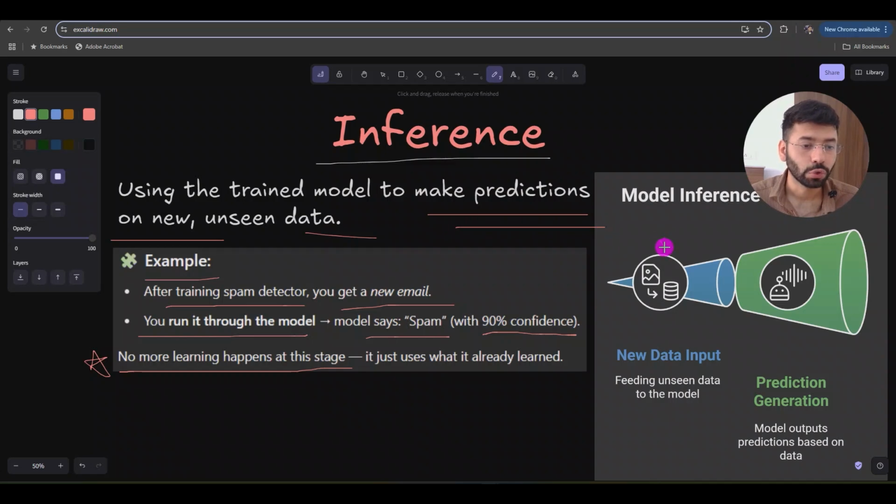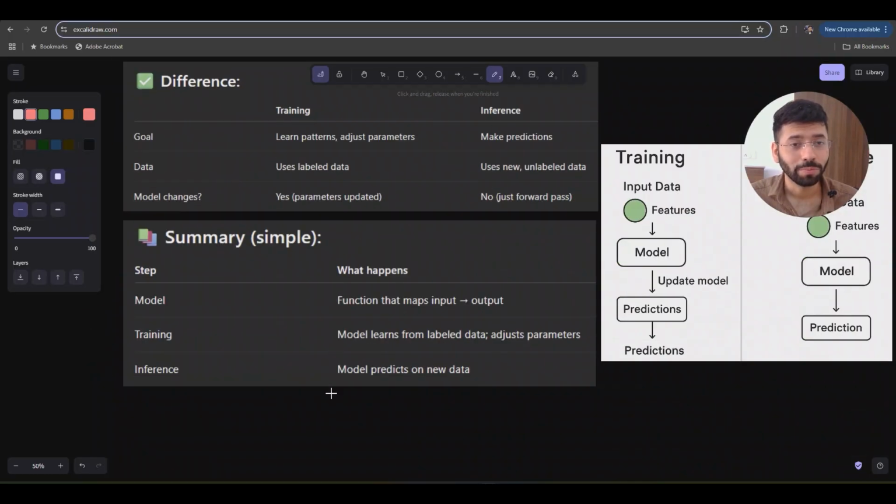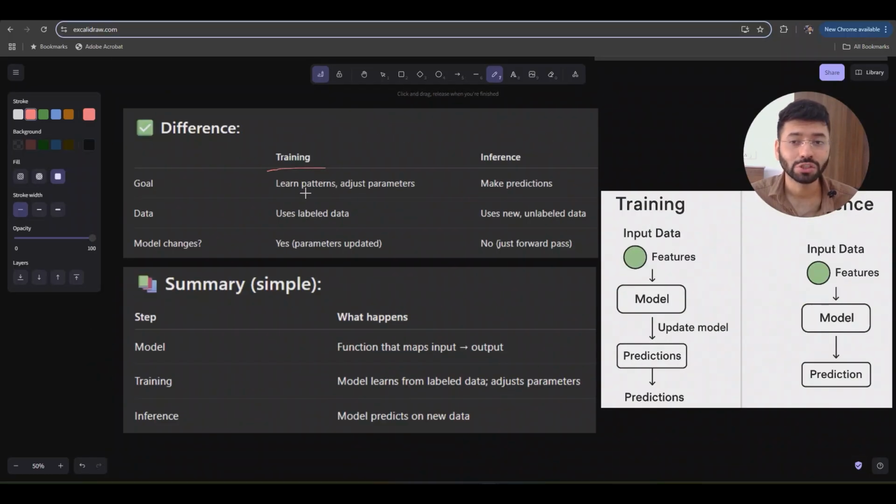Okay, so basically you get new data and you predict based on the learnings that you already have from the training phase. But then what is the difference? So basically in the training phase you learn the patterns, you adjust the parameters. In the inference stage you just make the predictions because your model is already trained, you already have the learnings.